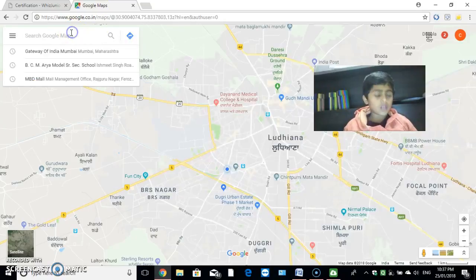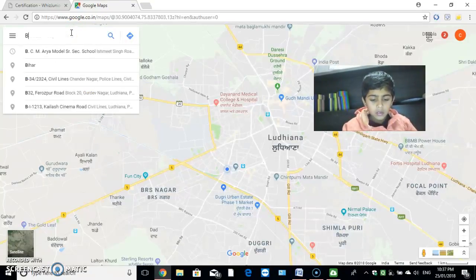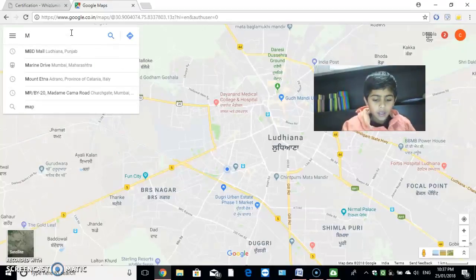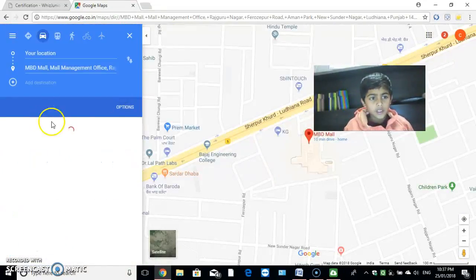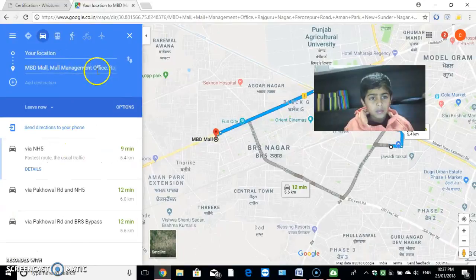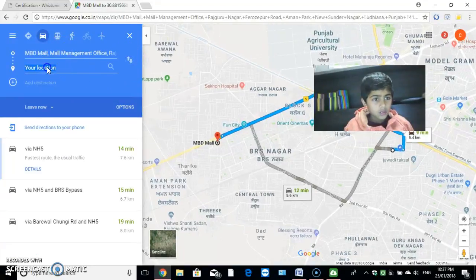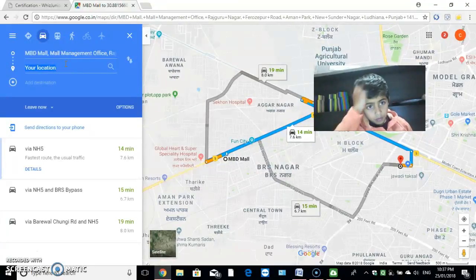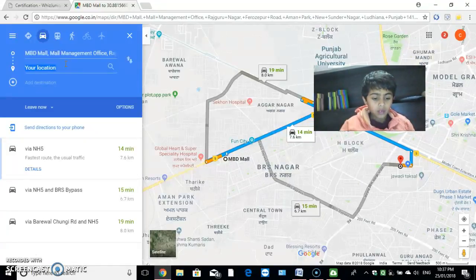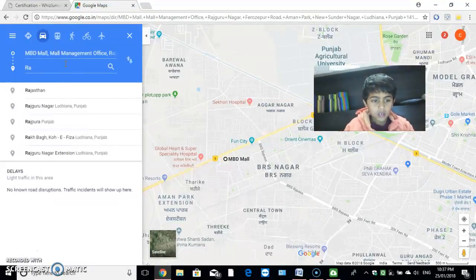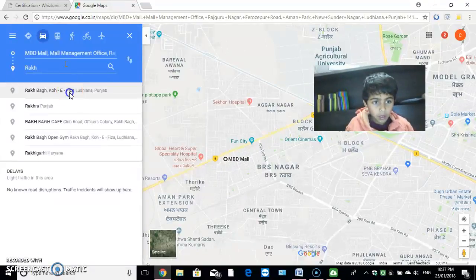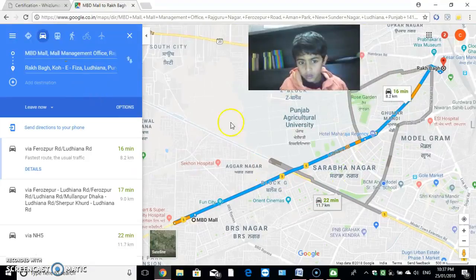I'll search for MBD Mall, directions, and select it, and then search for Rakba. So the distance has come, you can see,